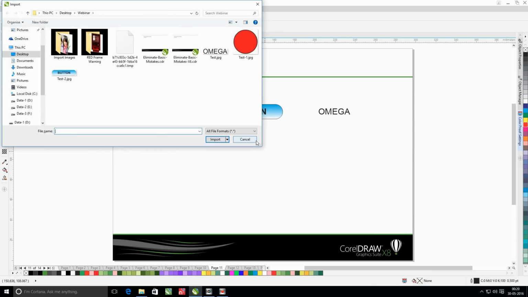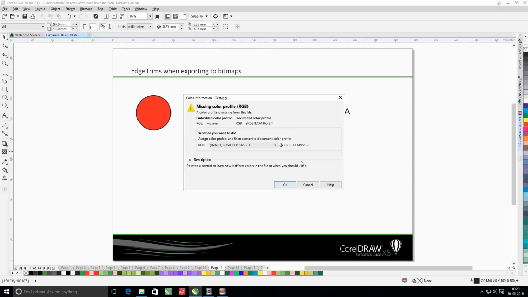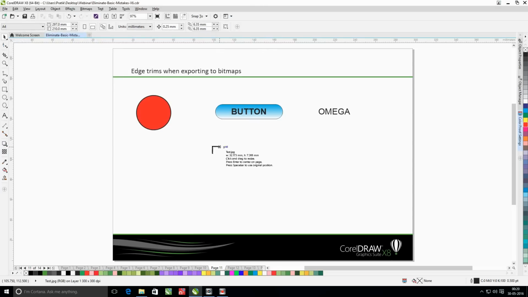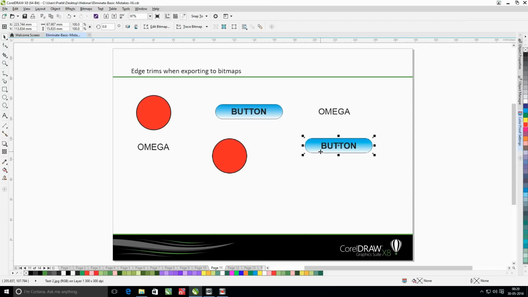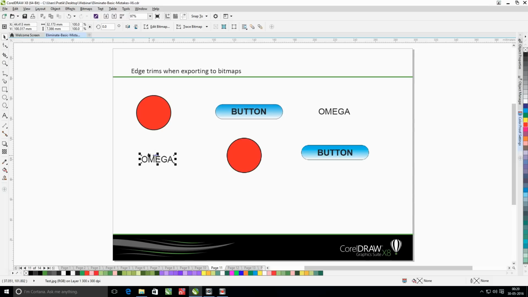And now when I try to import these images, you will see that there is no trimming at the edge. So that's the trick you'll have to use while exporting round-edged objects to JPEGs.